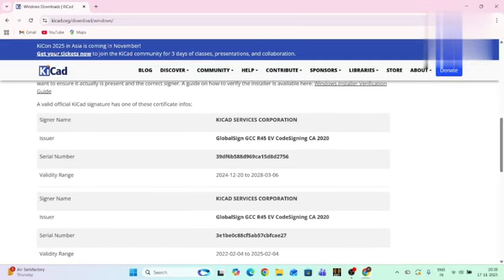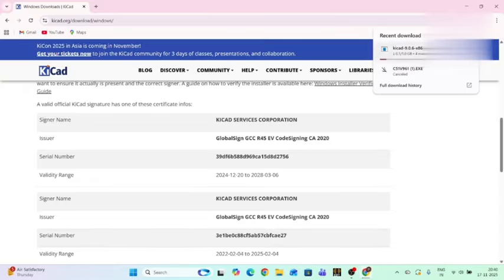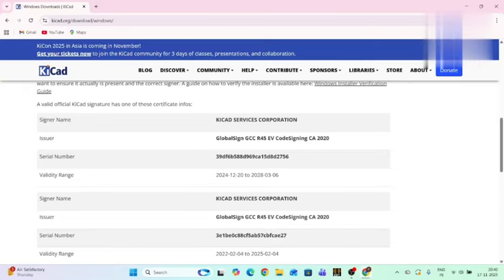And down below you have the name, your issuer who is issuing the software, the serial number of your license, etc. Everything is available on the internet. You can go for it. And now let's wait till it gets downloaded, and once it is downloaded, I'll get back to you on how